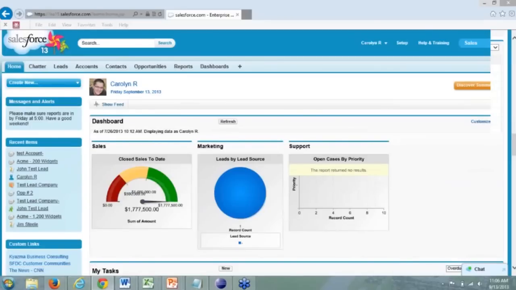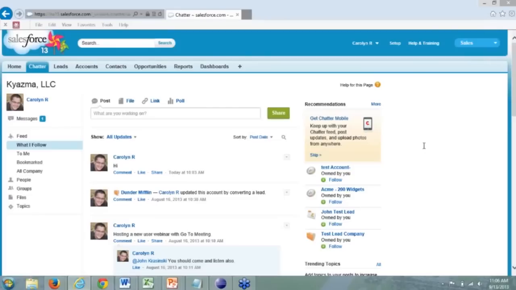Okay, the next thing we want to do is look at how to navigate just generally through your Salesforce database. So what you've got is a couple of links up above here, and these links can lead you to different tables. One is Chatter. We talked a little bit about Chatter. There's a larger interface, and if we click on that, it takes us to a much larger interface and allows